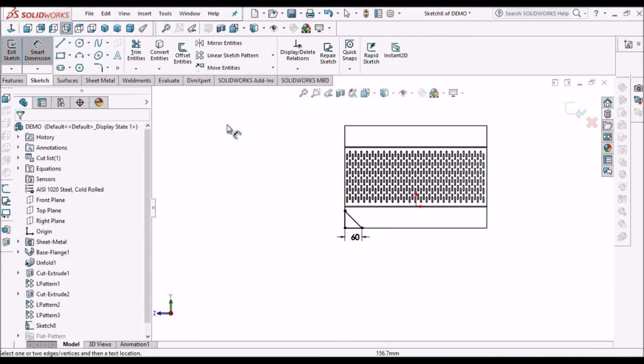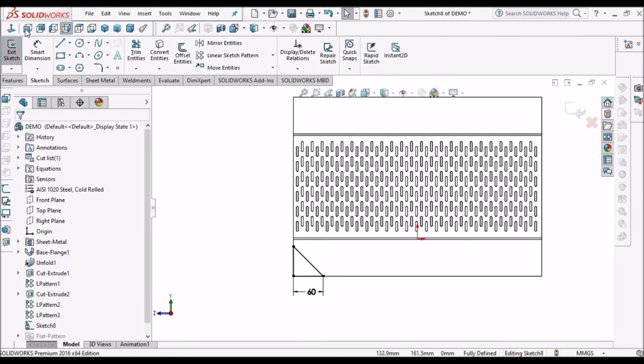Now we have to create in all the directions. So we have to create a center line for that.